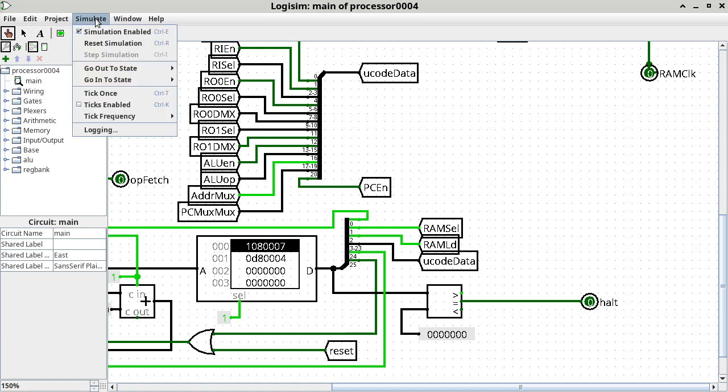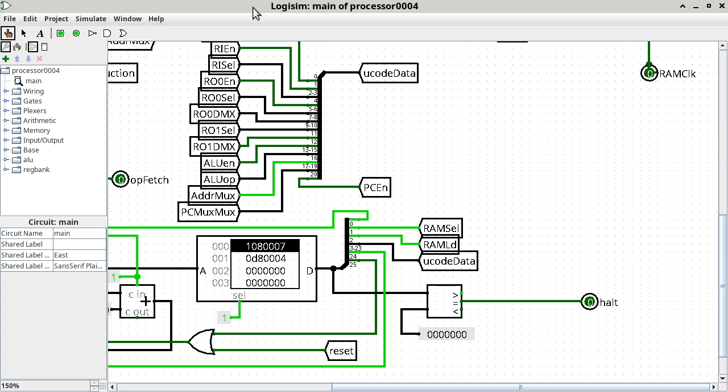And then you can do a Control K instead of a Control T, because Control K enables tick, which means the clock pin can now toggle by itself. And that is the main reason why the clock pin is not the same as a normal input pin, because a normal input pin needs you to be doing all the clicking to alternate between the 0 and the 1, but the clock pin can be automated. Okay, so this is what we'll do, Control K, and now the halt pin is a 1,